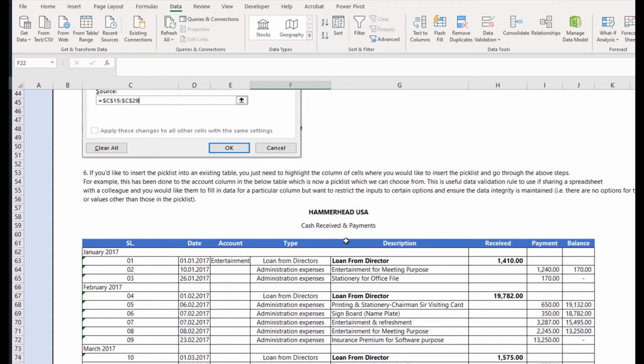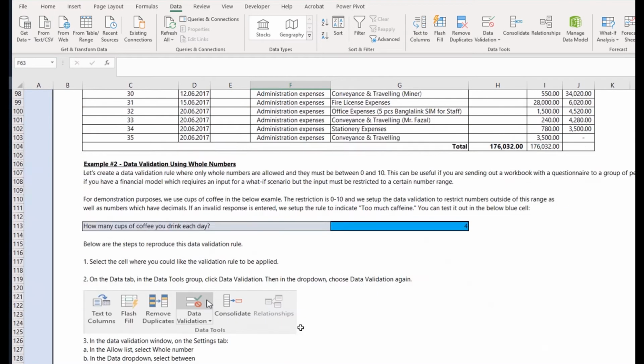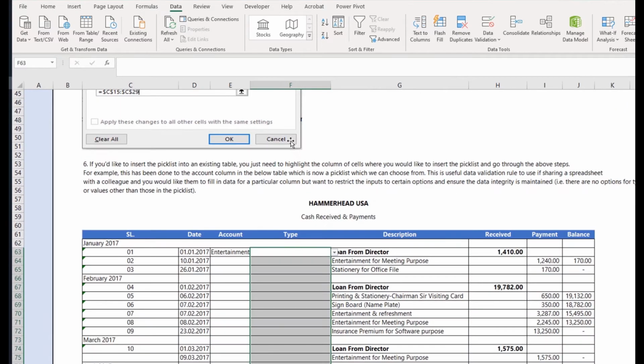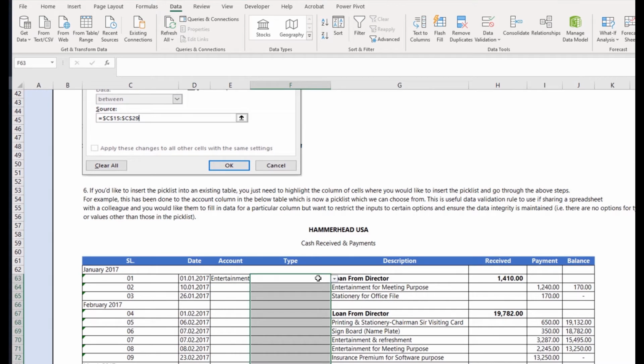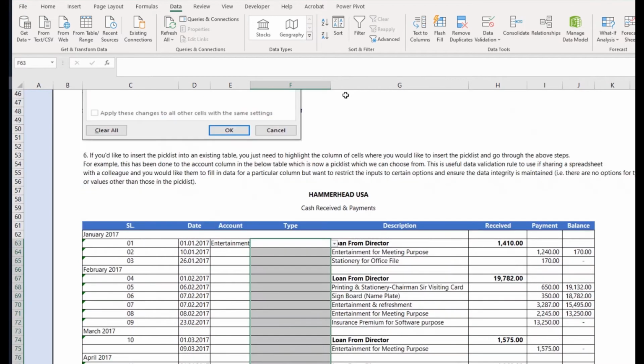As you can see down here, we've got a table of data for Hammerhead USA, and we've got a bunch of different columns here. And what I want to do is insert the type drop-down list into the type column here. As you can see, it actually is already set up here as a pick list. What I'm going to do is delete it. I'm going to delete all of the pick list that already is set up by highlighting it and then pressing delete. And then I'm going to go back and highlight it,